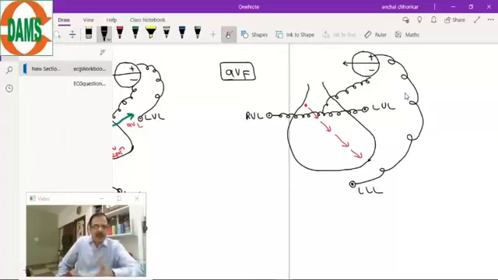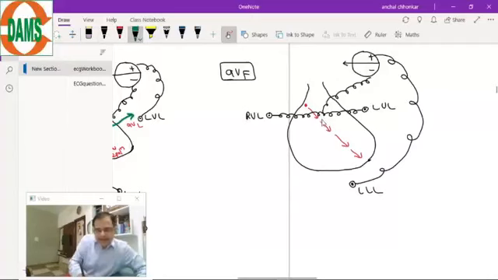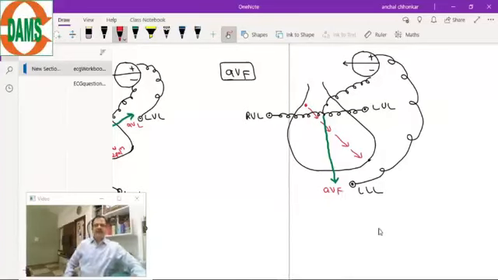So therefore it is the foot. F stands for the foot. So this is the left lower leg. Reference electrode: right upper limb plus left upper limb. Now come to the vector direction of AVF. AVF will be perpendicular to the line joining the right upper limb and left upper limb. So this is the vector line, AVF.